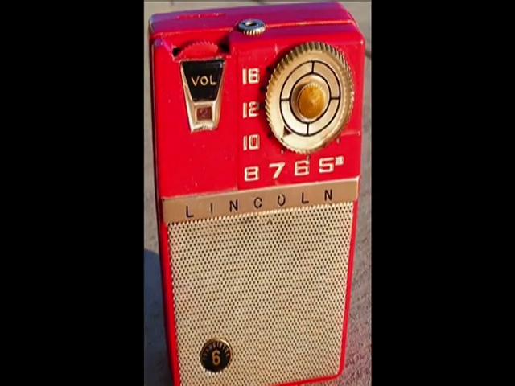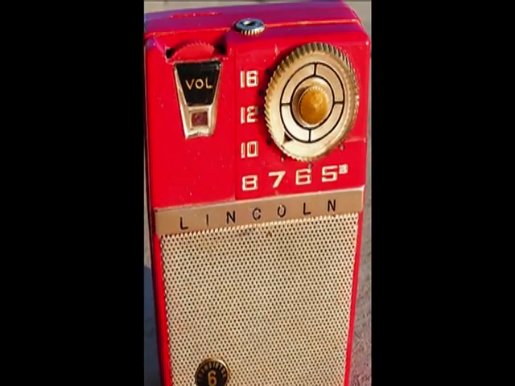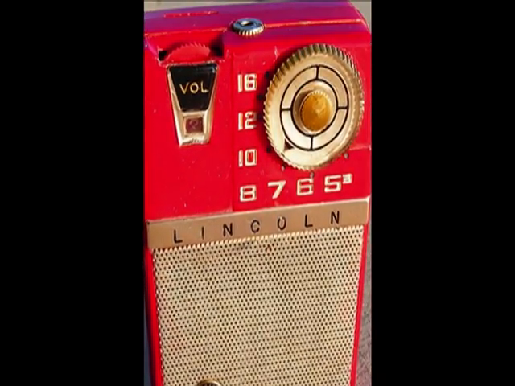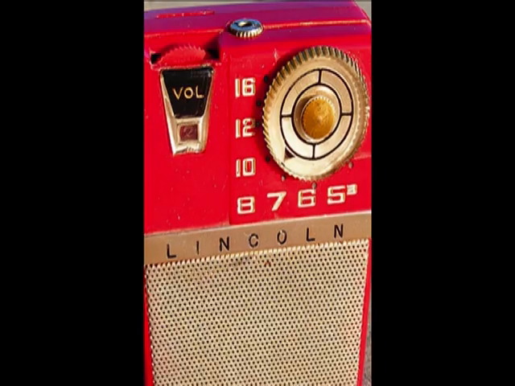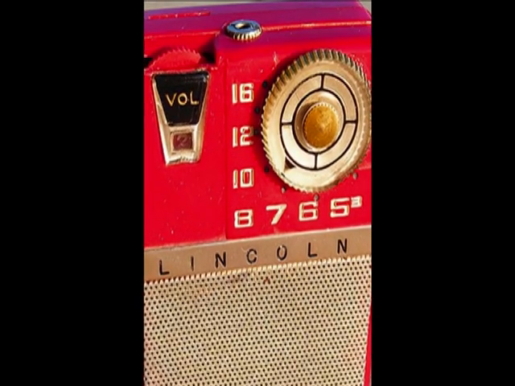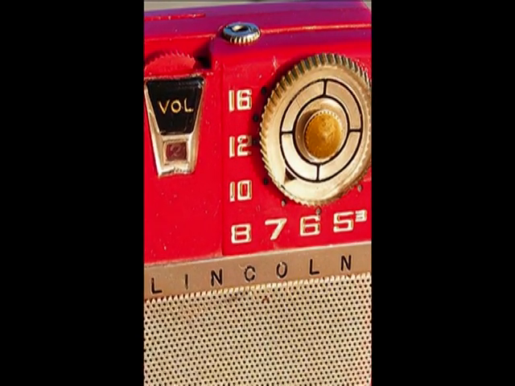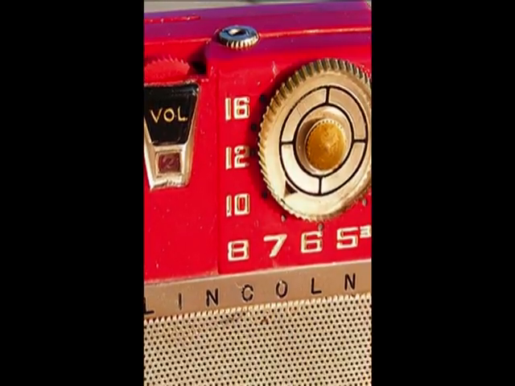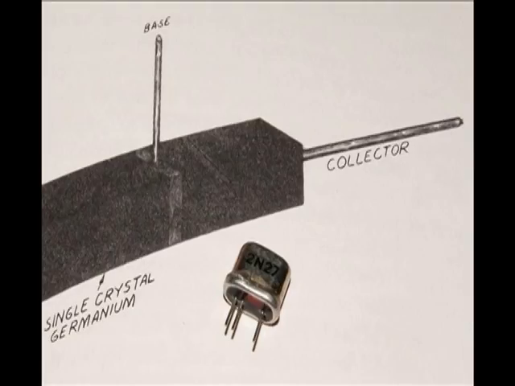With the invention of handheld radios, like the Lincoln 6, people could listen to music and talk shows wherever they went. This, along with the appearance of musicians like Elvis, led to radios becoming the icon for teenage independence. They sold like wildfire. In 1948, William Shockley invented the grown junction transistor, also known as the bipolar junction transistor,